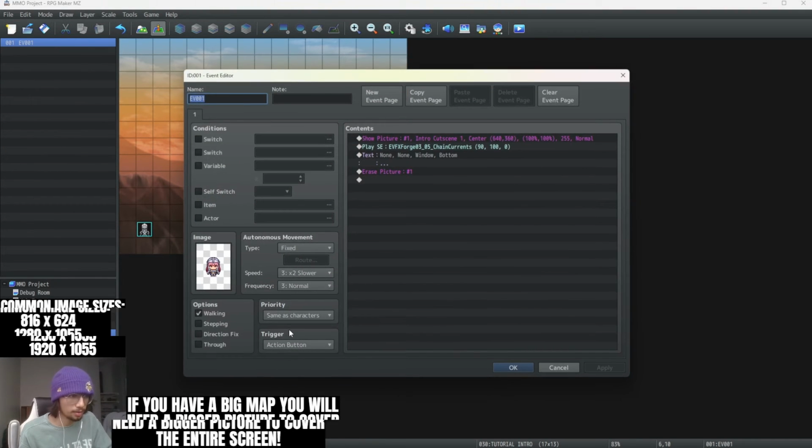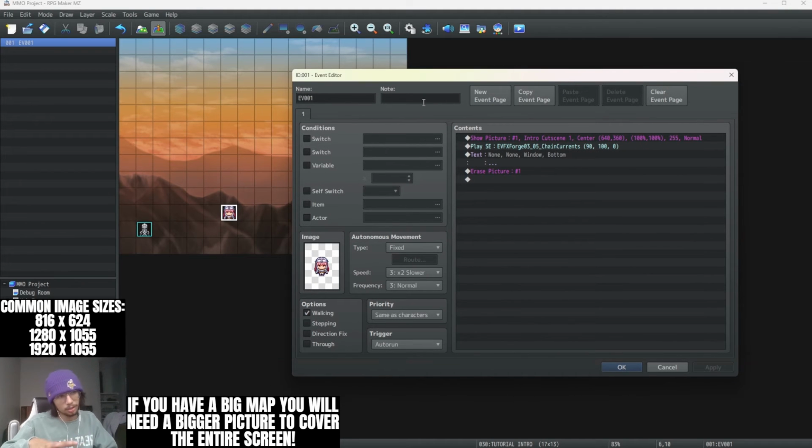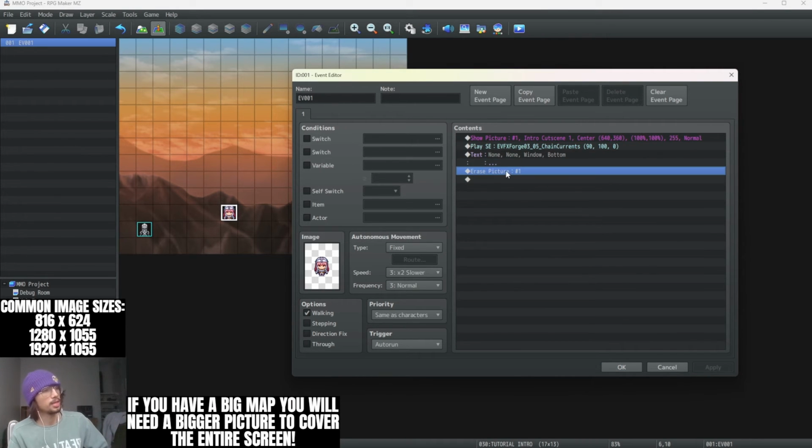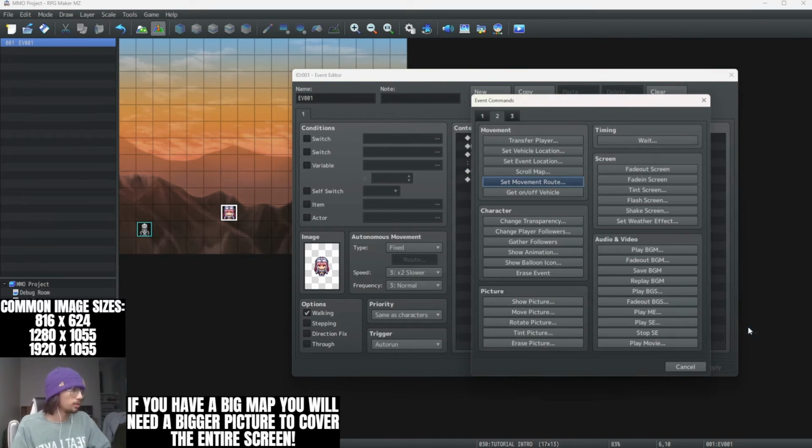We're gonna edit it, and then we're gonna make sure that the trigger is set to auto run. So keep it on auto run. So whenever you go to the new game, you click new game, and your spawn point is here, you'll be invisible, but this will still play. So what you're gonna want to do now is, once the picture erases, you're gonna want to not do that. You're gonna want to fade out the screen,